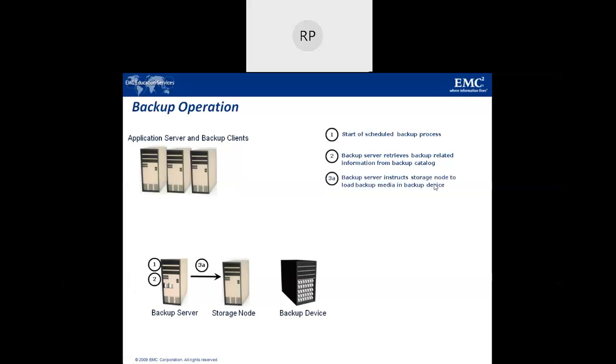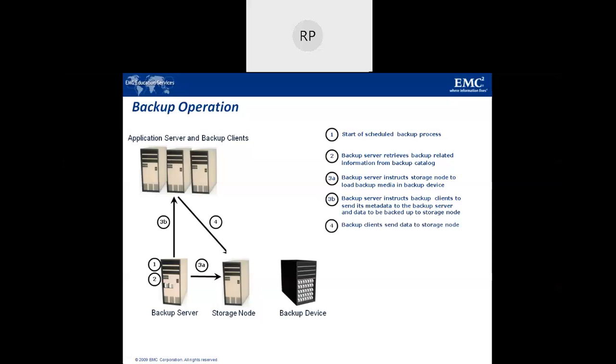Then the backup server instructs the storage node to load the backup media in the backup device. And then the backup server instructs the backup client to send its metadata to the backup server and the data to be backed up to the storage node.